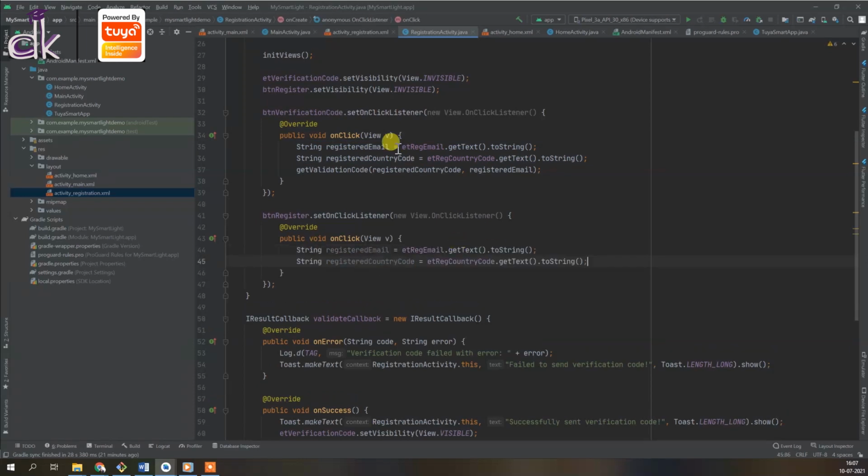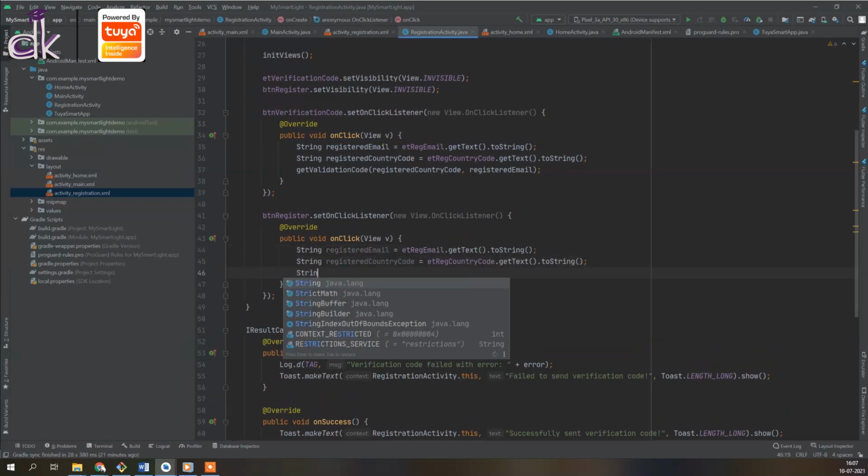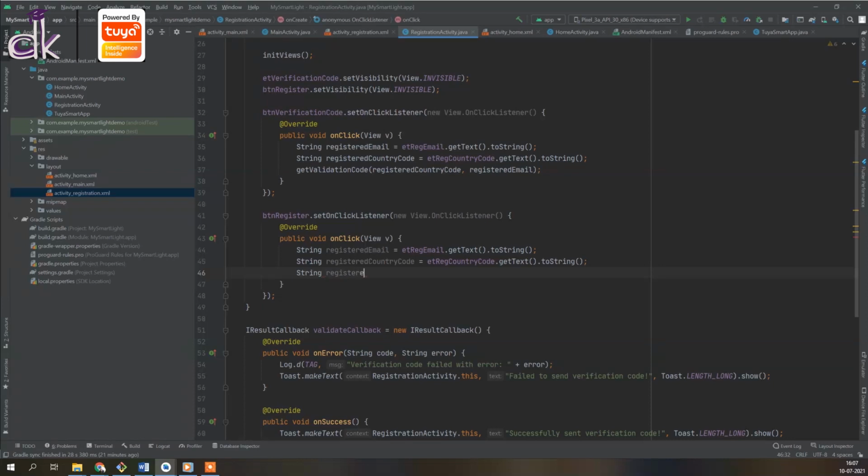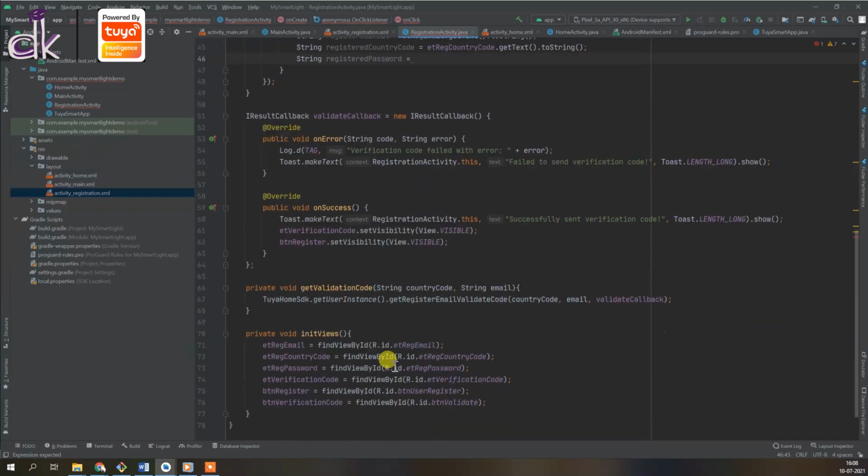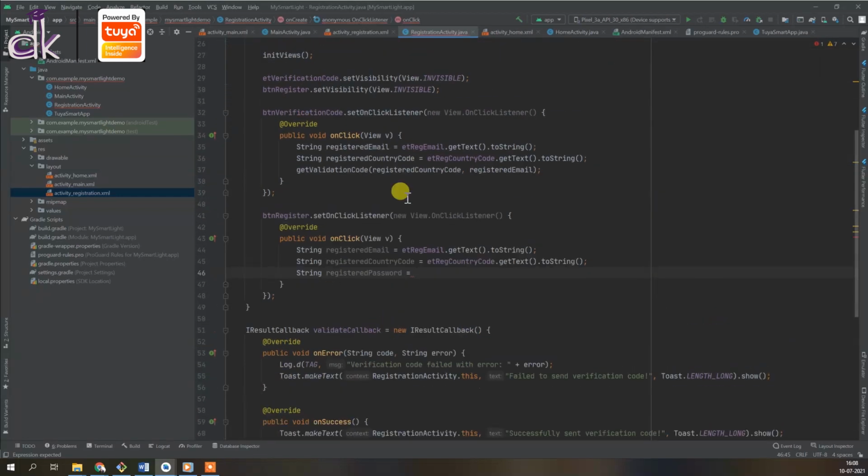So I'm just going to copy that from there, and we need the registered password so that we can register the account. So first thing is you verify if the email account is right. On successful verification of email account, then you allow the user to register his account, and that's when you'll need the password. So that's why I'm taking the password here.